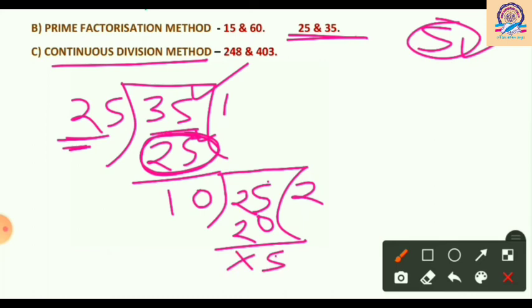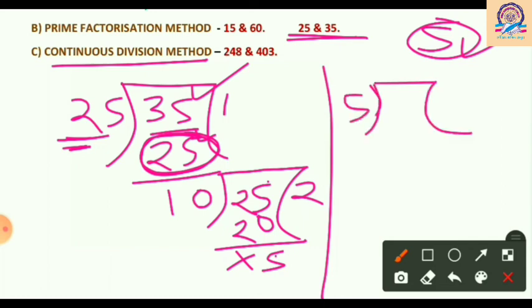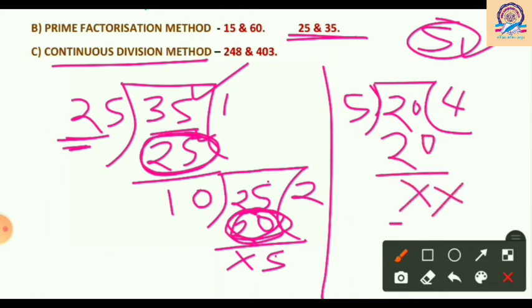Now next, here we have 5, so let me divide here in the next. 5 will be our new divisor, and the second dividend will be our new dividend. The second dividend was 20, so write here 20. In how many times can it divide? Yes, 5 can divide 20 in only 4 times. 5 fours are 20, and at last you can see here we have 0.